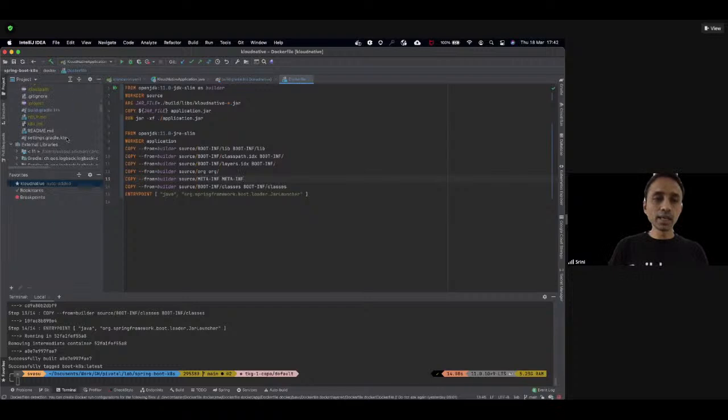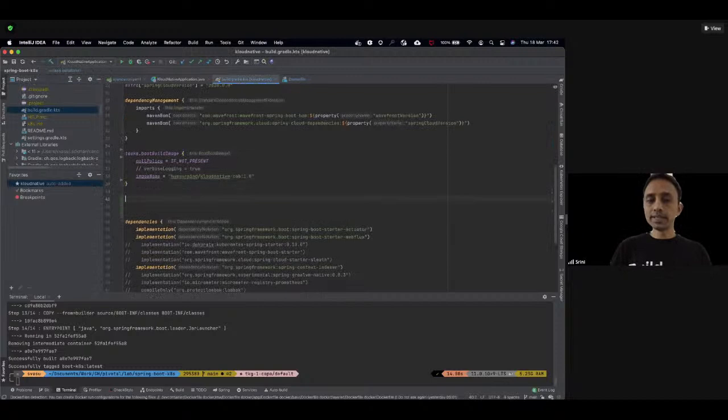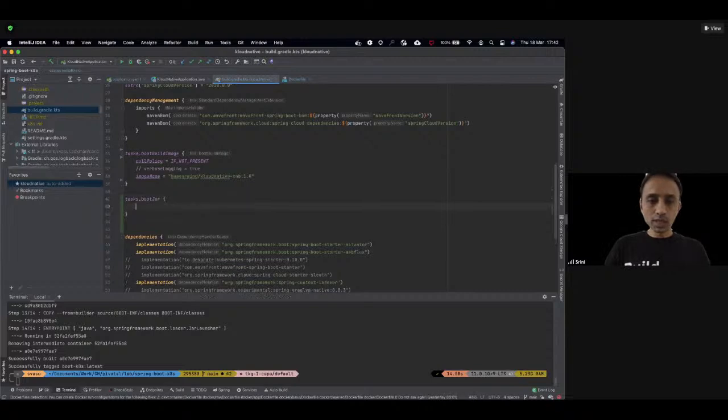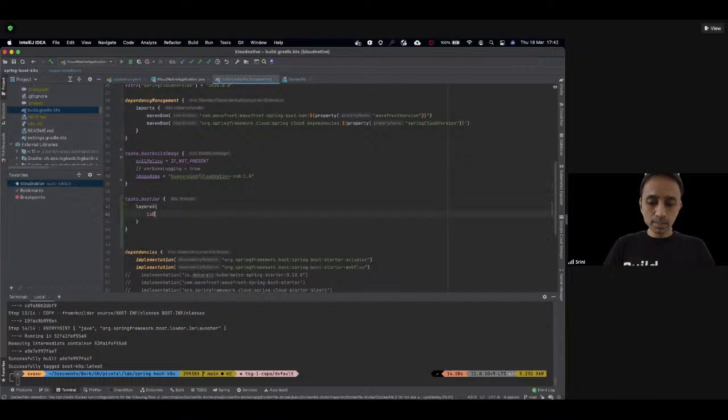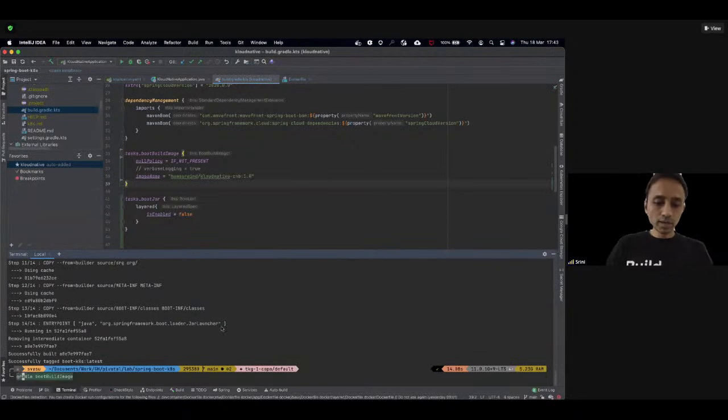So in this case, though I'm running Spring Boot 2.4, I'm going to explicitly disable it to show how that feature works, right? So we have to define a task, the bootJar task, and then there is this method called layered, and then it has a property called enabled, which with 2.4 is enabled by default, whereas with 2.3 it's disabled. So that's the reason, since I'm running Spring Boot 2.4, I'm forcefully disabling it, right? So if I do a Gradle build,